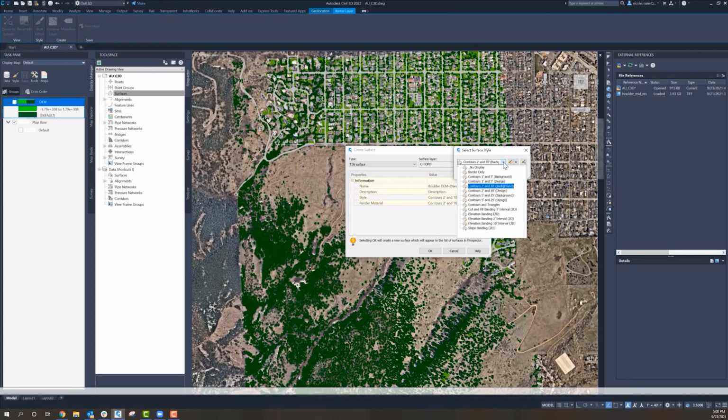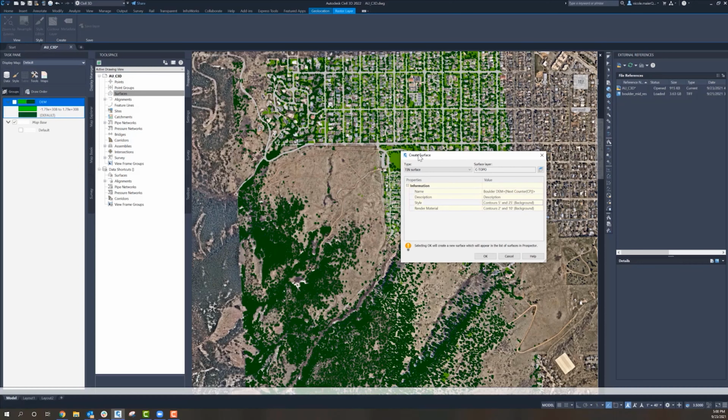I am going to change it to 5 and 25 foot for the background, just so that it's spaced a little differently. And we are creating a TIN that we will be generating the contours off of. This, I think, is the most optimal way in Civil 3D for contour generation, because it is telling our drawing space how to consider interpolating points between contours from the 3D rather than just a 2D input.